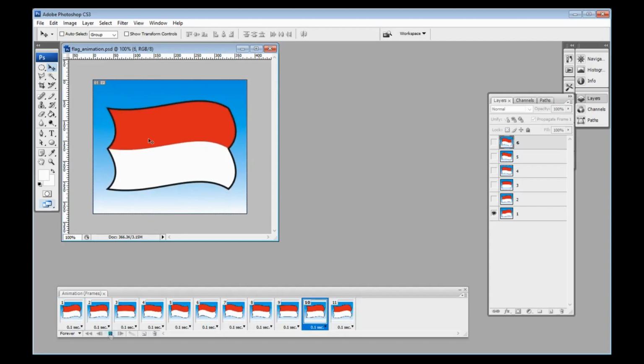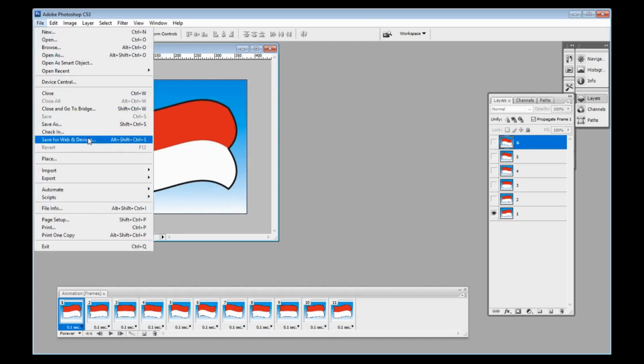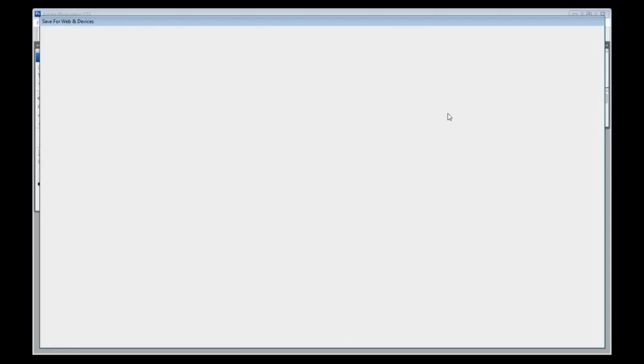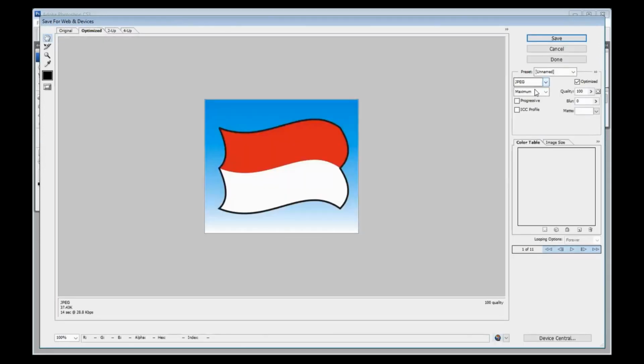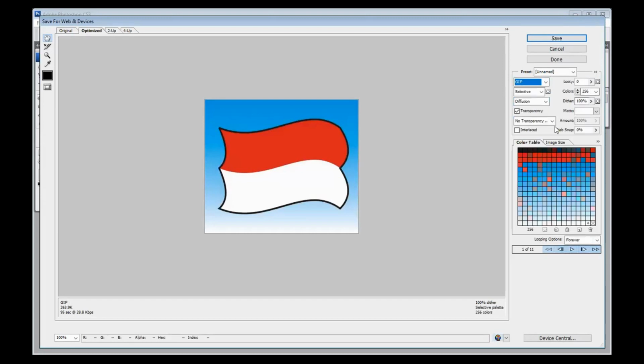Okay, I will save first, and then I will save for web. Okay, wait a minute, save for web and export to GIF. If you want to set this option, it's okay, but I use the default of this.